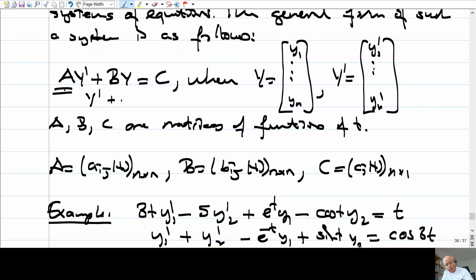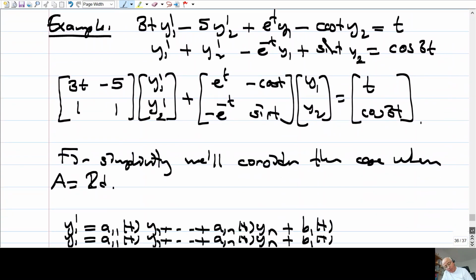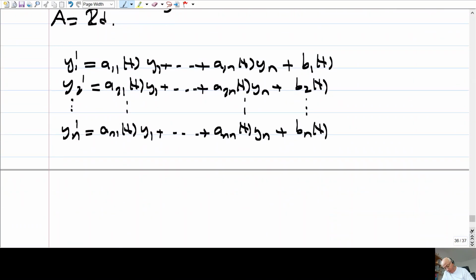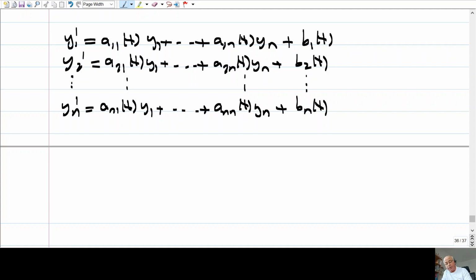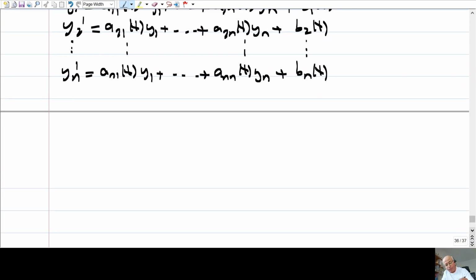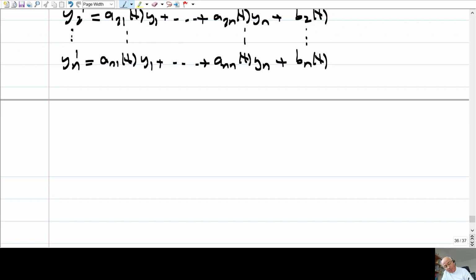Okay, and then A inverse times B equals A inverse times C, and then I take this term to the other side, leaving y prime alone on the left hand side. Okay, so we will consider this kind of equations, and I will write the coefficient matrix for y terms as A, not B, because I got rid of A anyway. And this can be written, of course, like this: y prime equals A times y plus B, where